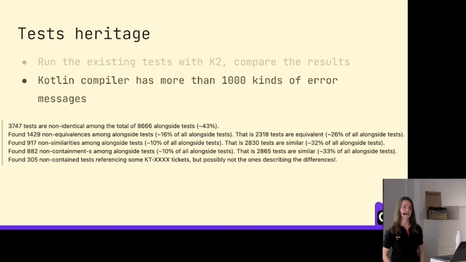We call such tests diagnostic tests, tests which check exactly those cases. And the problem is that there we've got some difference between K2 and K1. We have like 8,000 tests like this, and not all of those are equal between K2 and K1. So we had to walk through those results manually, compare them, and check if it's right or not,